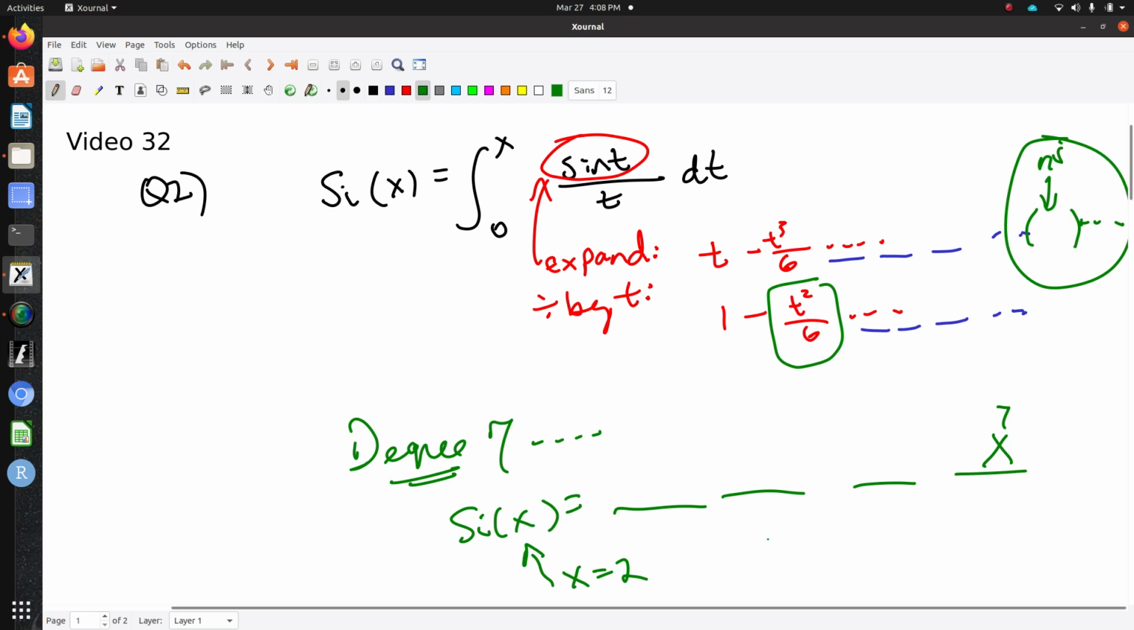Then what you're going to do is plug in x equals 2. And what I'm going to ask you to do is like 4 to 5 digits after the decimal. So you'll get something like that. You should be fine if you have that much accuracy. After that point, you can then, after you're done,